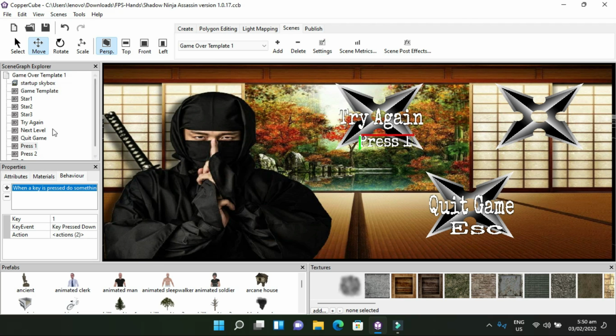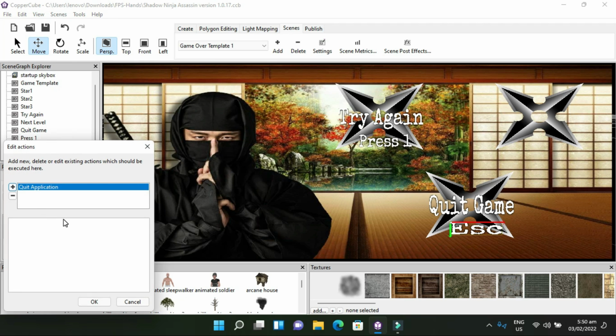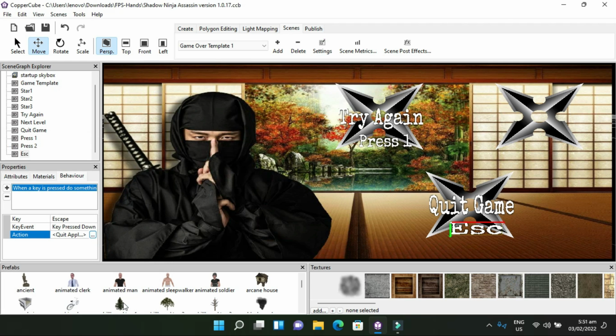Or you could just quit, exit, which is the simple exit key on 2D overlay, escape. When the key press to do something is escape, press down, and simple action: quit application. That's it. Nothing else. That's all. Alright, so now that we established the game over scene,